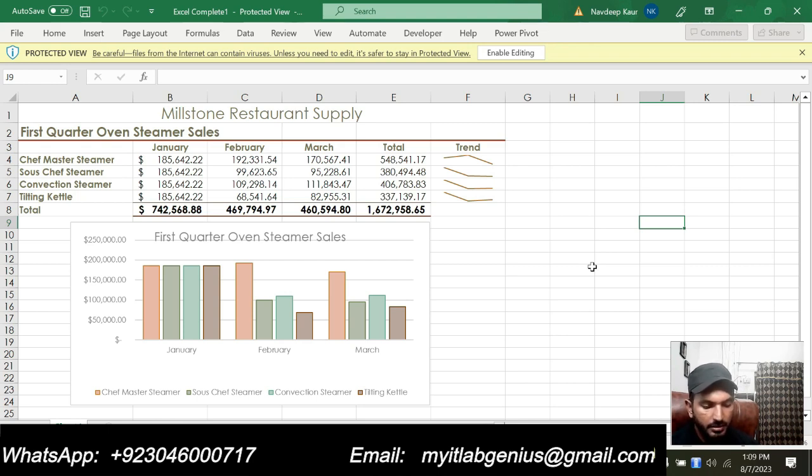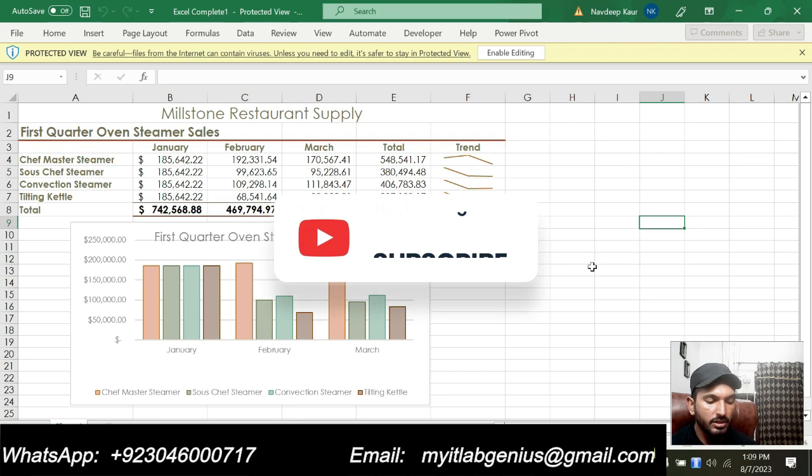After completing the 8 steps, for the remaining steps I am just showing you the final version so that you can understand the remaining steps.